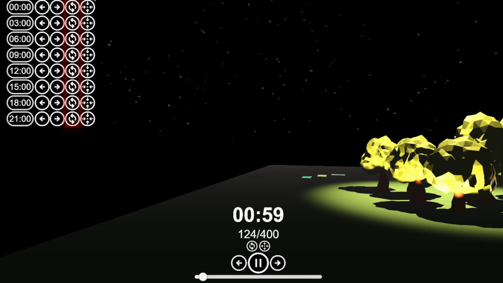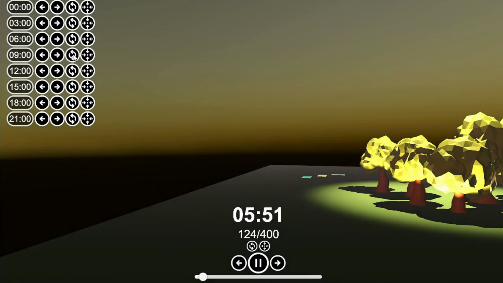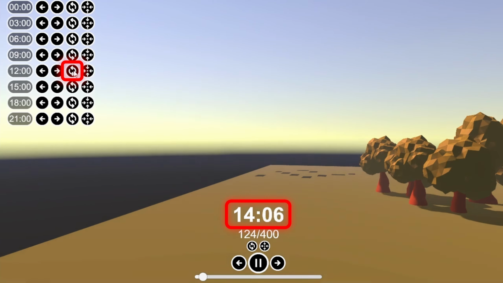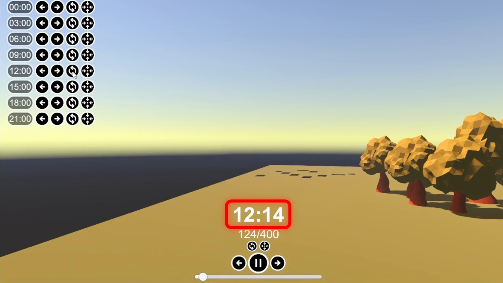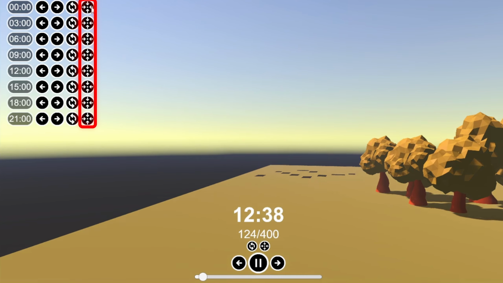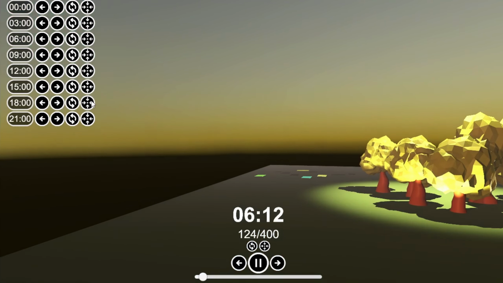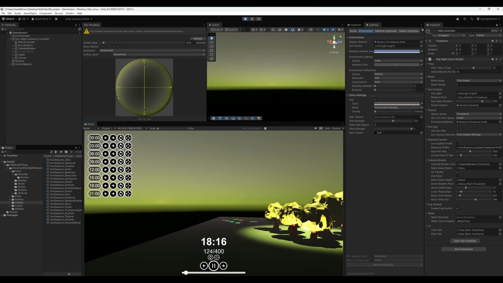Use the dynamic reset buttons to reset to a given time along the shortest path, forwards or backwards. For example, if the current time is after 12 p.m. and I dynamically reset to 12, time will reset backwards. If current time is before 12, the time will reset forwards. Instant reset instantly sets the time and related environmental conditions. Let's adjust the current time of day for a different look.